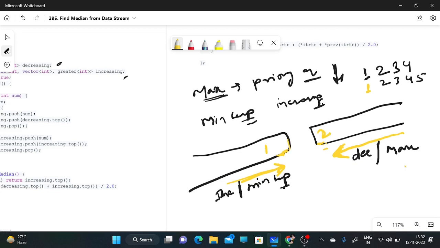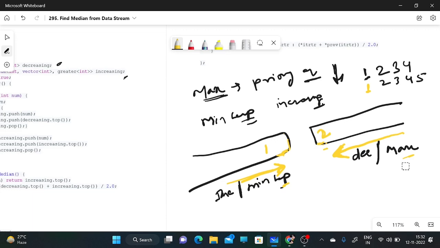So we will do it like this. Whenever it is an odd number, we will put it in the maximum heap, and the top value of the maximum heap will move to the minimum heap. And whenever it is an even value, we will first put it in the minimum heap, but eventually we will move it to the maximum heap. So if it is an odd number, it will eventually be in the minimum heap. If it is an even value, it will be in the maximum heap. So now the code will be